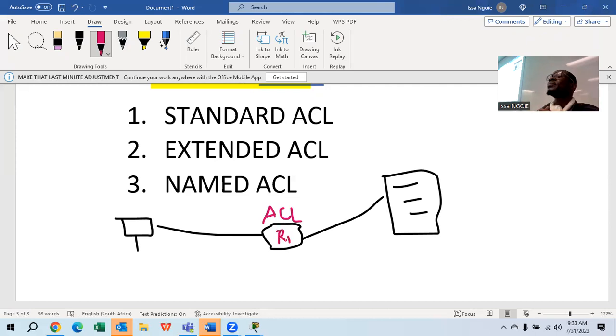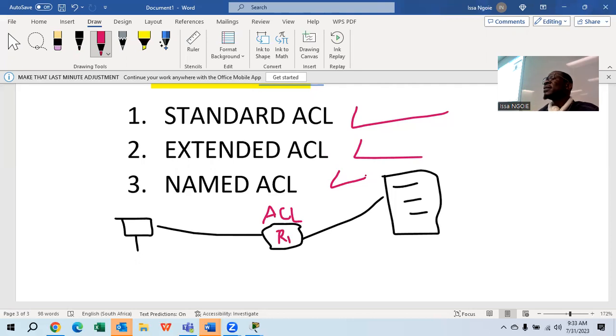Somebody can go for standard, somebody else for extended, somebody else for named access control list. But you must know the difference. What do you want to accomplish? You cannot just wake up in the morning and say, I will go for standard, because it won't work